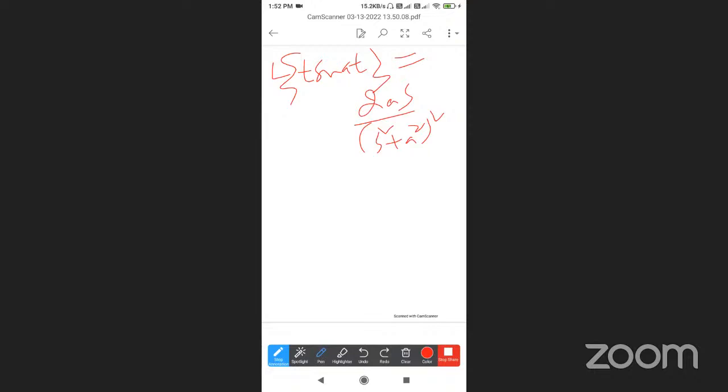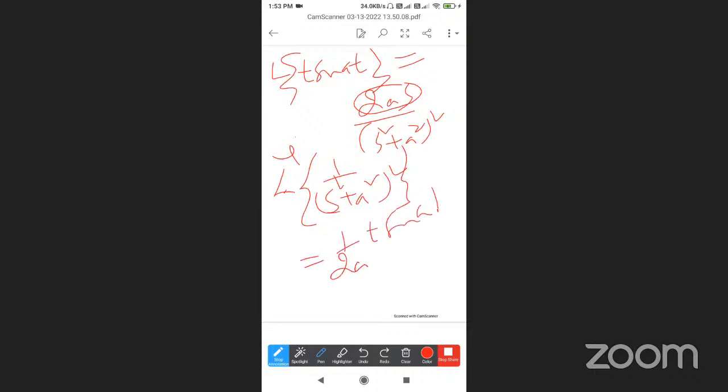This is, we can take inverse in terms of cos terms. This 2as we can take down 2s. Then 1 by s square plus a square is 1 by a square plus whole square is equal to 1 by 2a t sin at. Same inverse Laplace transform of 1 by s square plus a square is a whole square